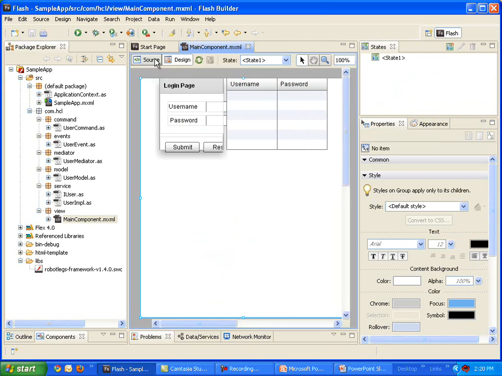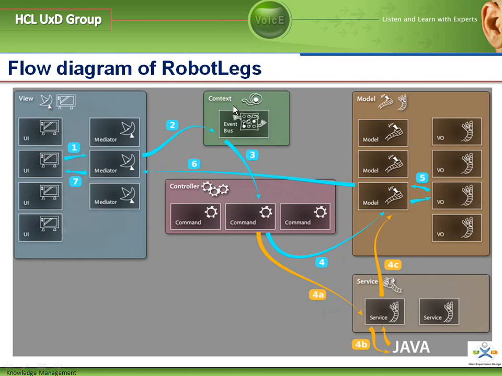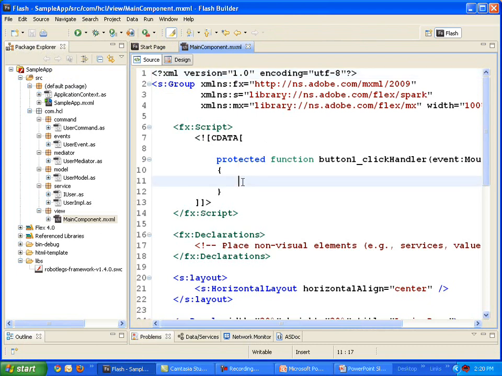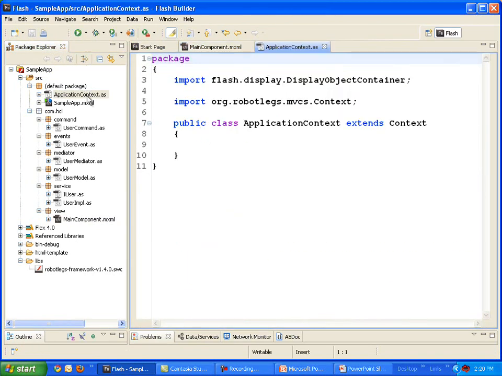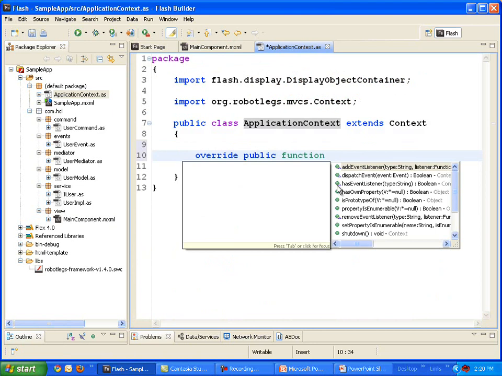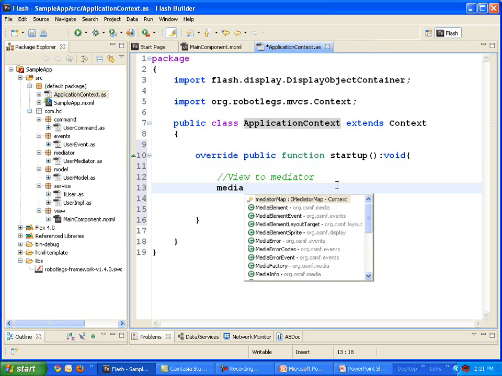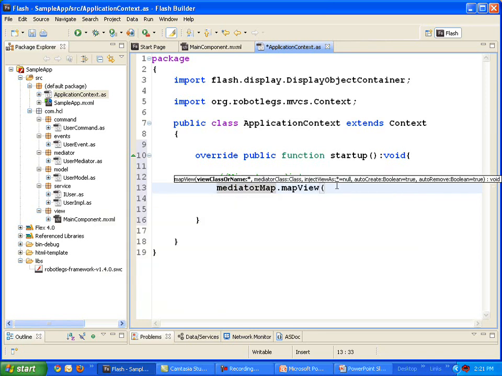This is a view already which is created. Now if you observe in the diagram carefully, step 1 is that first we need to raise an event from the UI, and it will go to the appropriate mediator along with the context configuration. So first, before raising an event, go to the application context, and inside the application context first we need to override the public function startup method, and inside this we need to configure view to mediator using mediator map dot map view,